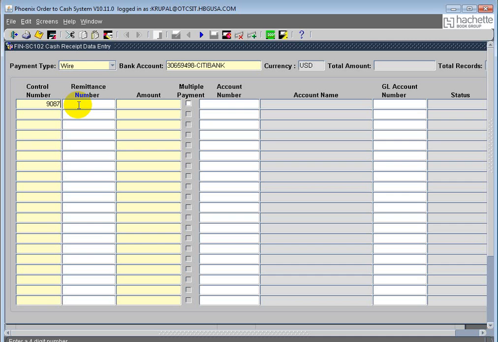Any 4 digit number. After tab out, the control number is generated with the year, date and month: 2013, 10th month, third day. So any 4 digit number, that's not specified. Give whatever amount you want, and the currency is USD, so you need to give the USD